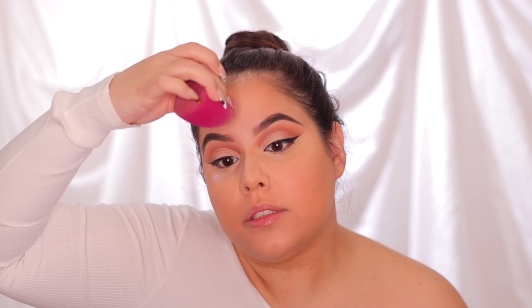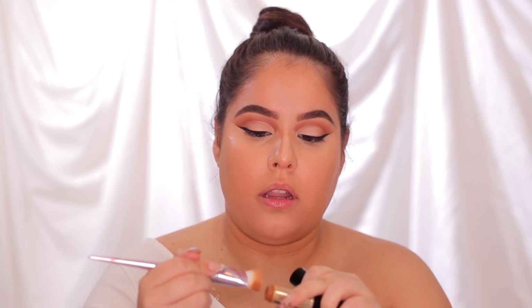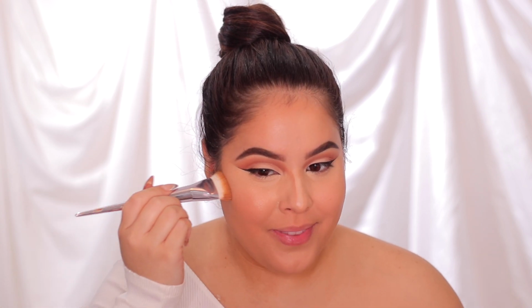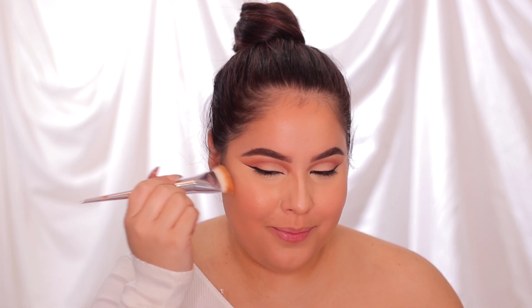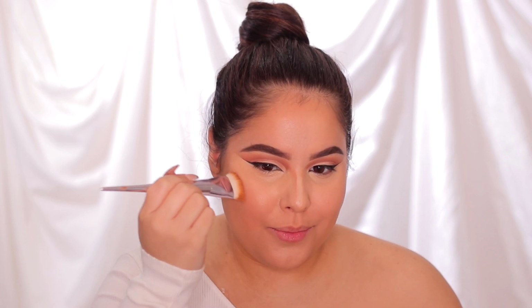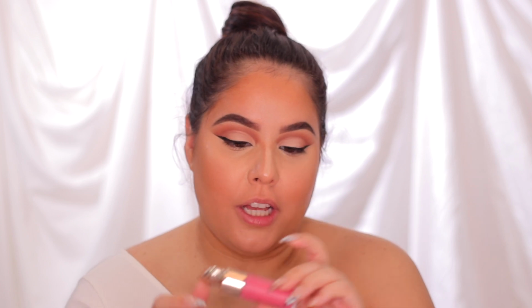I am taking my Bobbi Brown contour stick, and I'm gonna take a little bit on the brush, blend it out on the back of my hand. I like to smile and contour. Next, I'm gonna go ahead and take this cream blush from Rare Beauty in the shade Happy, and